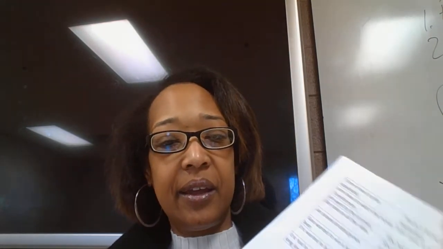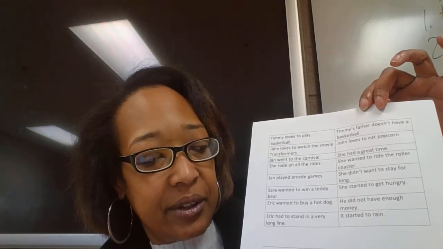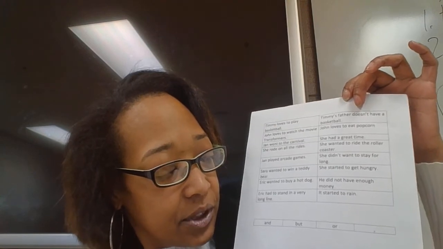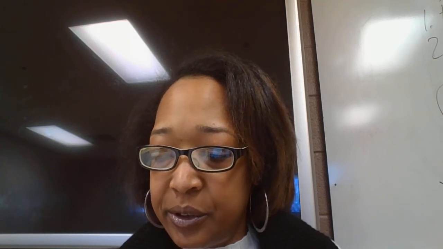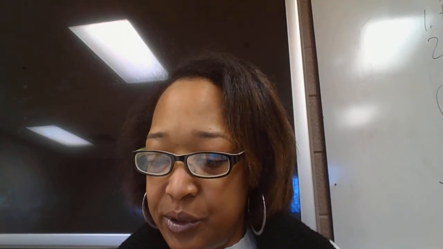What I did, I started out with a set of sentences and gave him the three conjunctions, and, but, or, and a comma. When he took the assessment, these sentence strips were cut out, as well as the comma and the conjunctions, and he was allowed to make and arrange sentences as he chose. And he was allowed to make as many as he could and then choose 6 to write. So what he did was he arranged them.